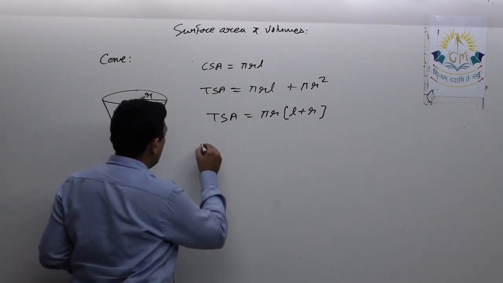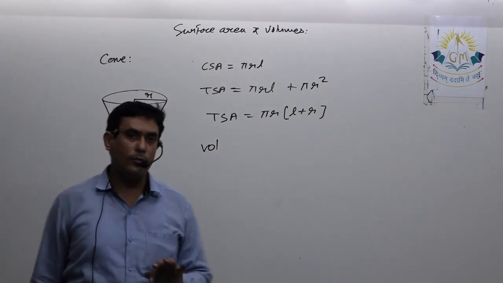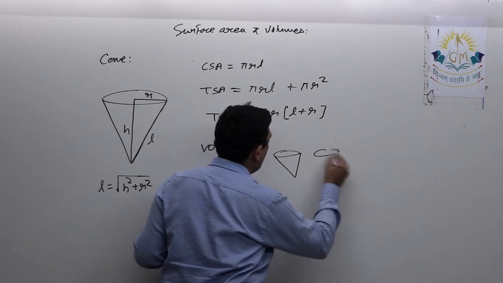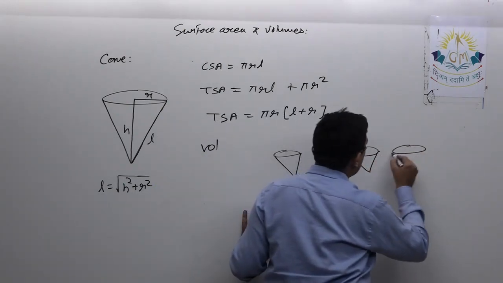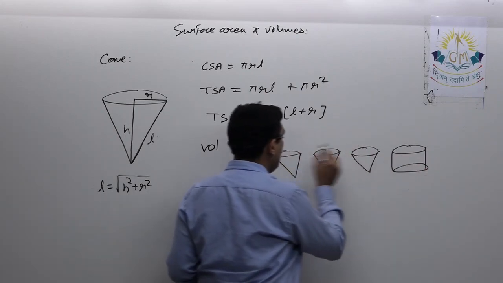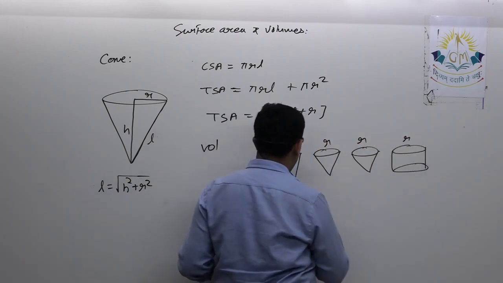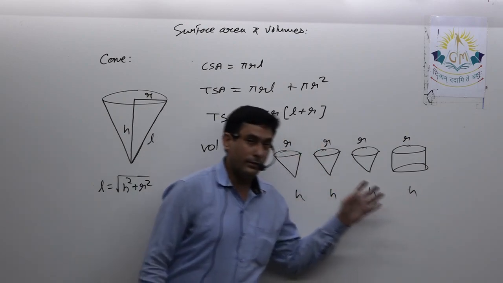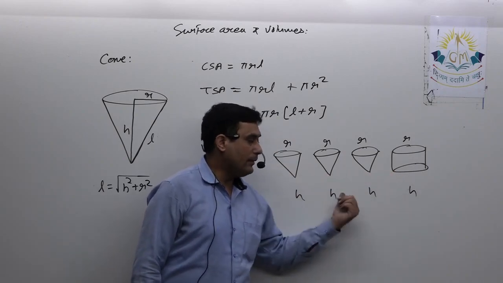Okay, now volume. There is a relation between the volume of a cone and the volume of a cylinder. See, if we take three cones of the same height and radius, and a cylinder whose height and radius are the same as the radius and height of the cone, that means all have radius r and height h. So among these four solids, three are cones and one is a cylinder, with the same radius r and